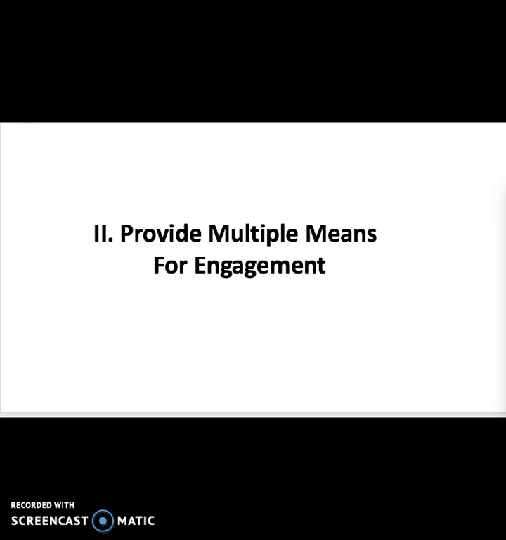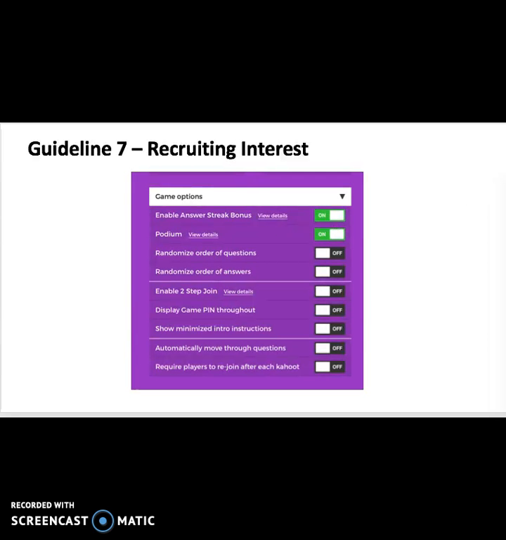The third and final UDL principle discusses providing multiple means for engagement. In regards to Guideline 7, recruiting interest, Kahoot optimized individual choice and autonomy. It can minimize threats if you don't choose to show what each student's answer was by turning off the podium option.